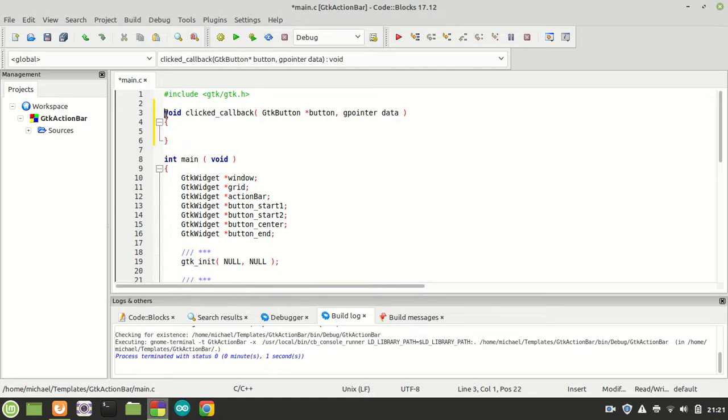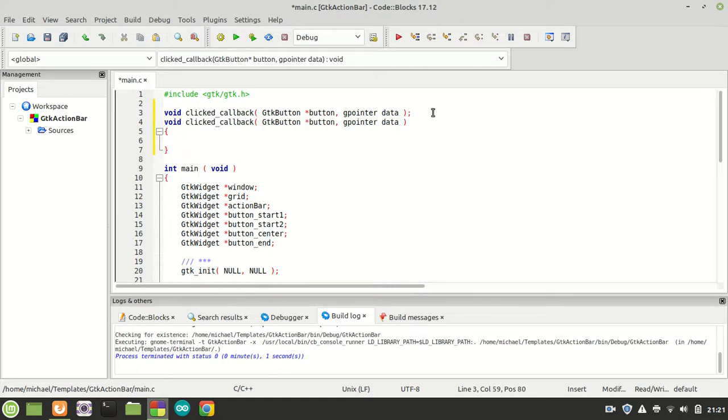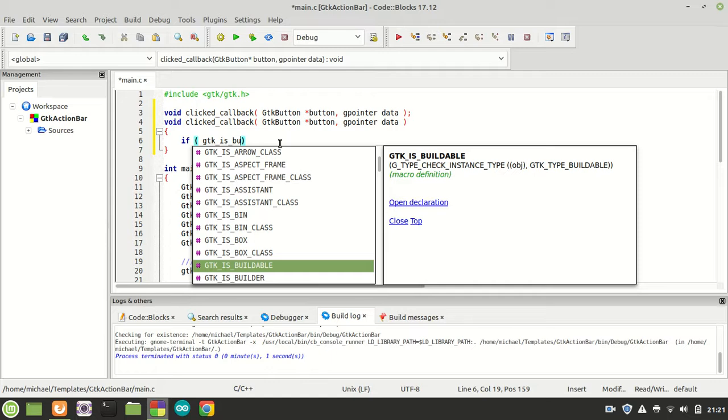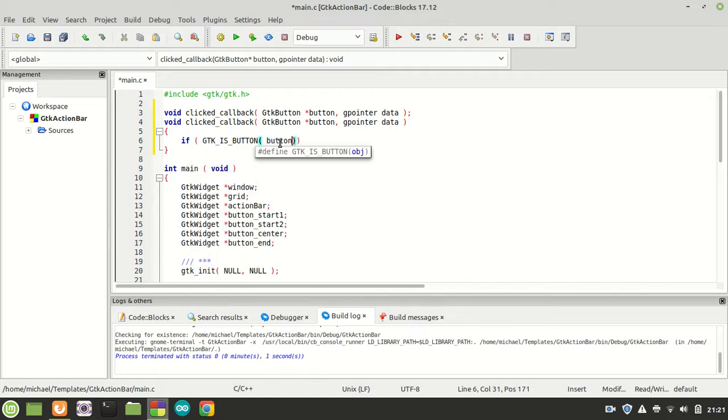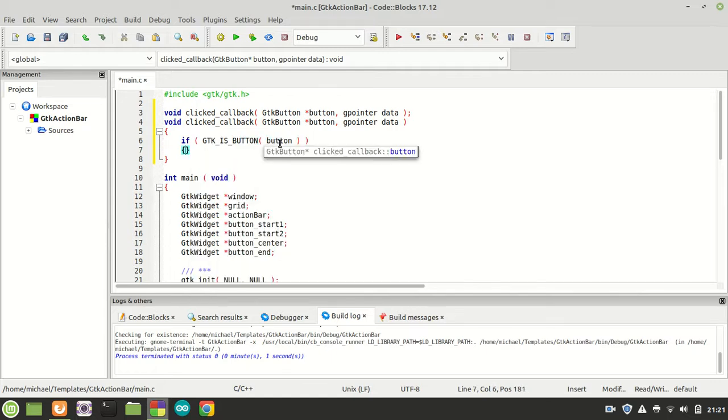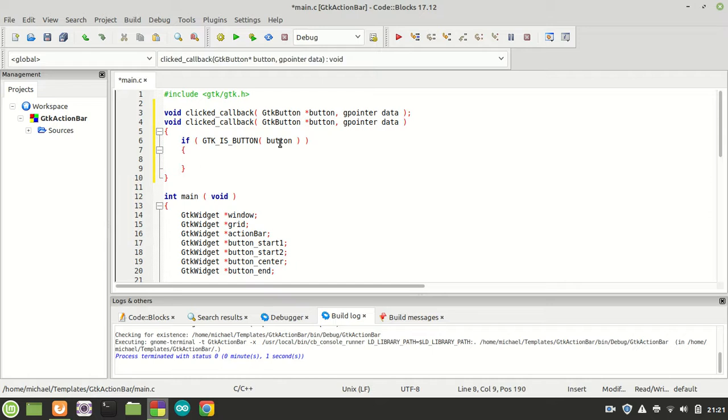And what we can do here, of course, we are going to check against the button first, to be sure that the right object was passed. So for this we are going to say if GTK_IS_BUTTON, we are passing the button, then because it is happening, we are going to say something like